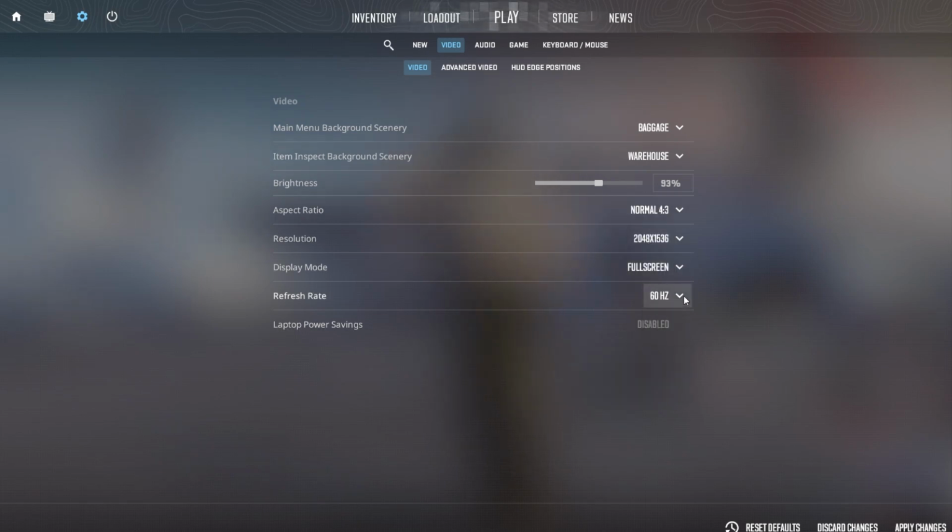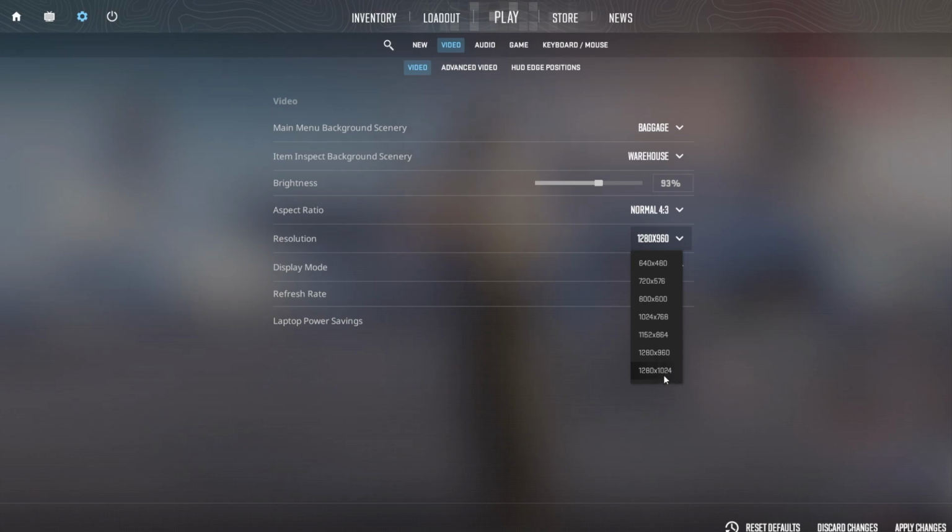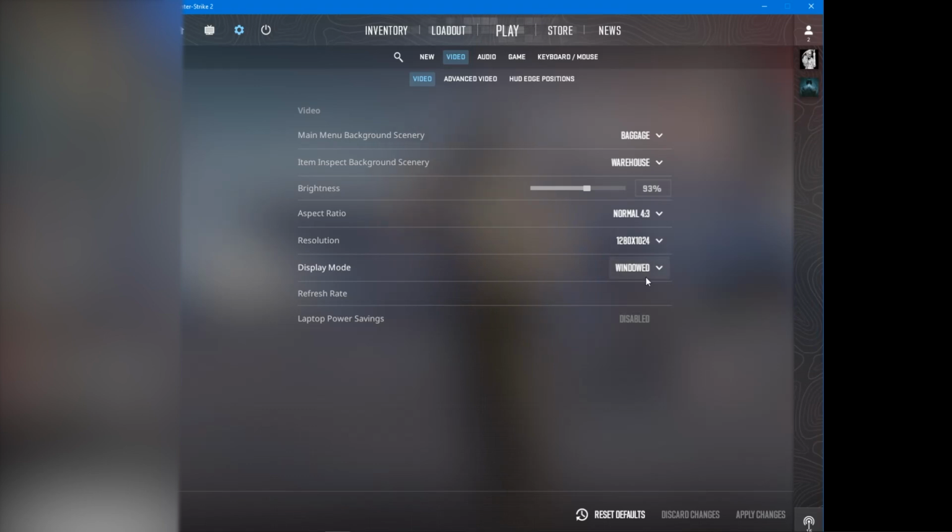So what you need to do is you can choose any resolution in here, and then in the display mode all you have to do is just go for window and then go apply changes, and then let me choose the highest one. And then when you do this, just go back to the window and then go back to full screen,